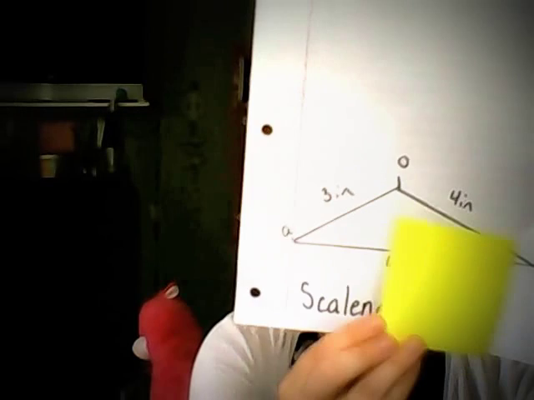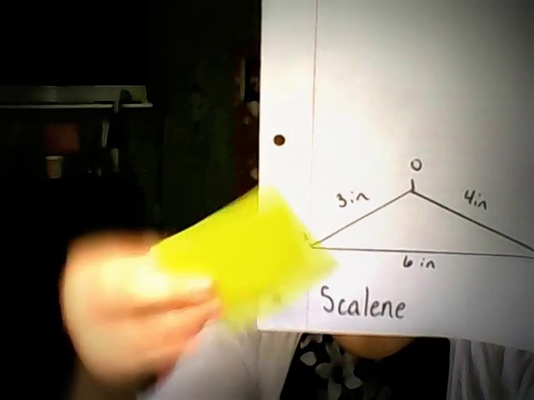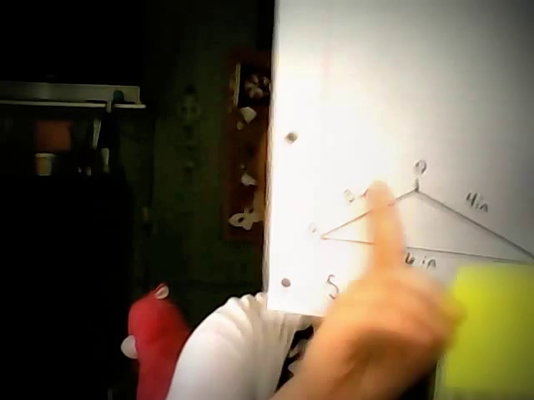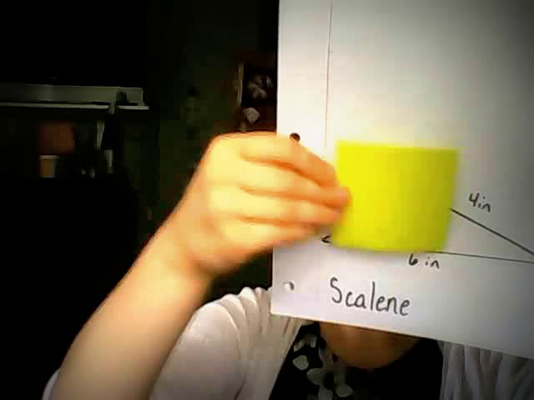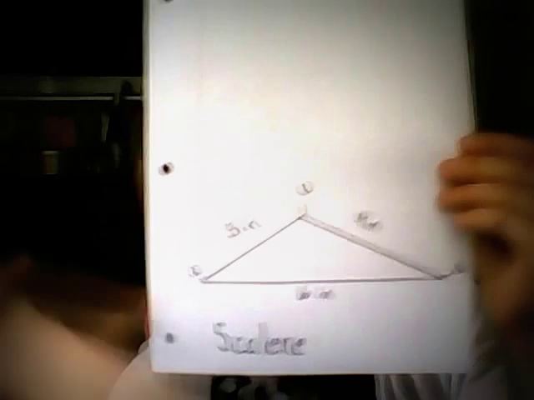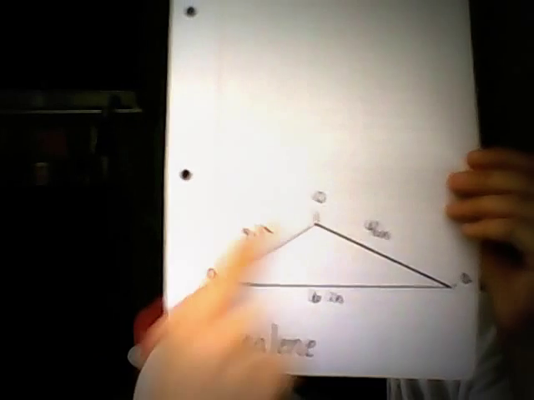And if we try it right here, if we put the sticky note right here, we can only see this side length. We can't see this one up here because this is an acute angle, making it less than 90 degrees. And as we discussed earlier in math class, a scalene triangle has no right angles because all of its side lengths are different. So we're going to do this same thing again